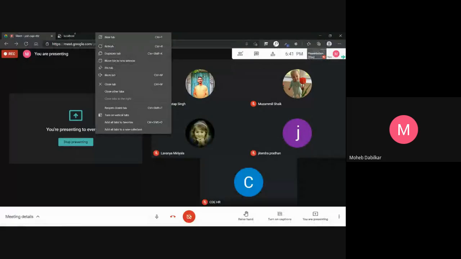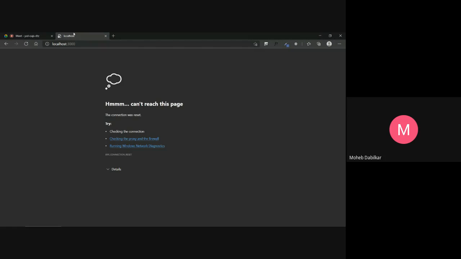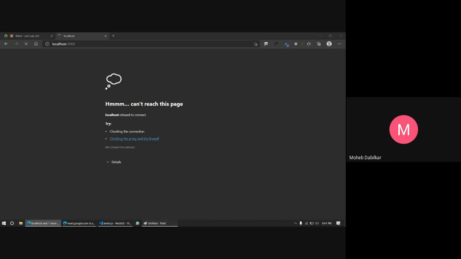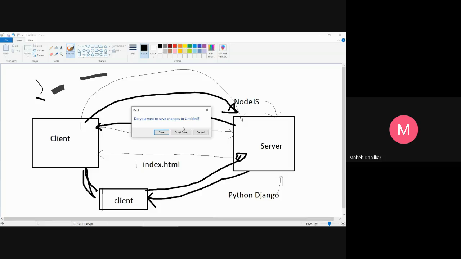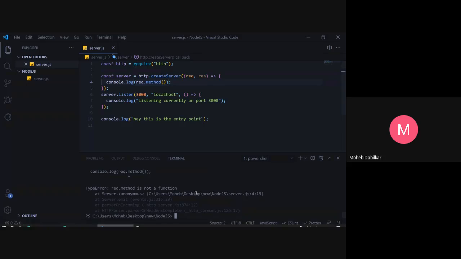Let's go back to our local host, and let me just see about this. Yes, so we just made a request again. Let me just close all the useless stuff. So this is not needed, this is needed. Okay, request dot method is not a function.